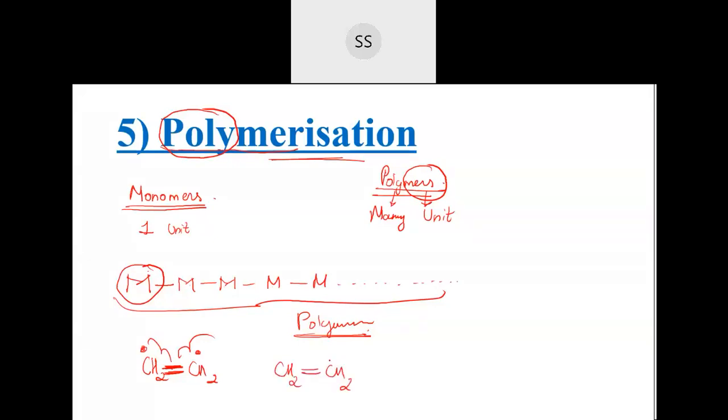Another CH2 molecule also will be there if I take together. Then this will break down, and I will get one radical here, one radical here. These radicals are highly reactive, so they will join together and start reacting with other molecules. Free radicals are highly reactive, so once they are in the radical form, they will go to the next molecule, break it, and then start joining them together. So then you will get a long chain like this.